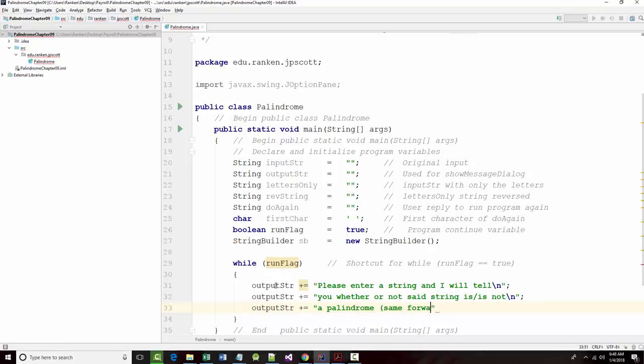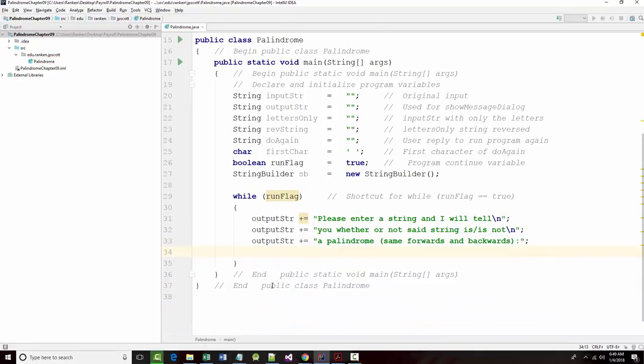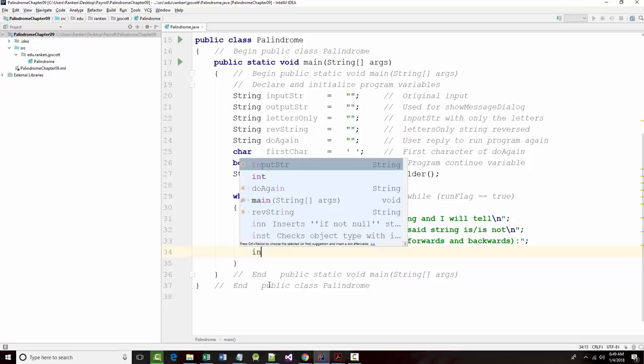Same forwards and backwards. I don't want a backslash n there. All right. So now, input string